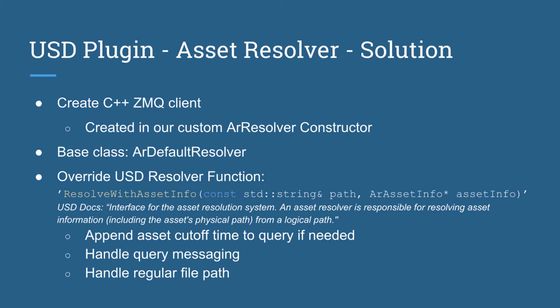Solving it-wise, we created the C++ client. That was done in our custom ArResolver constructor. On the USD side of things, we overrode the ArDefaultResolver class, and there was a specific function, the ResolveWithAssetInfo function, which was called every time USD encountered a file path. And so we were able to hook into that, and then if needed, we appended an asset cutoff time to the query, and then we were able to handle the query messaging